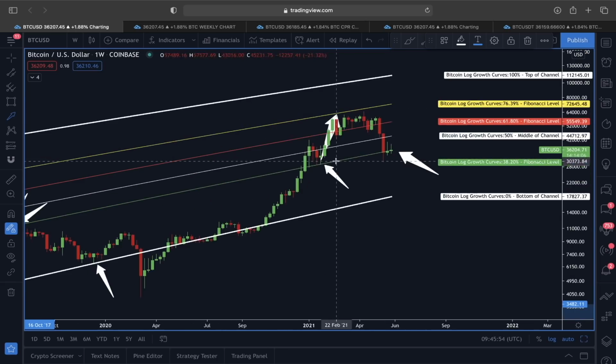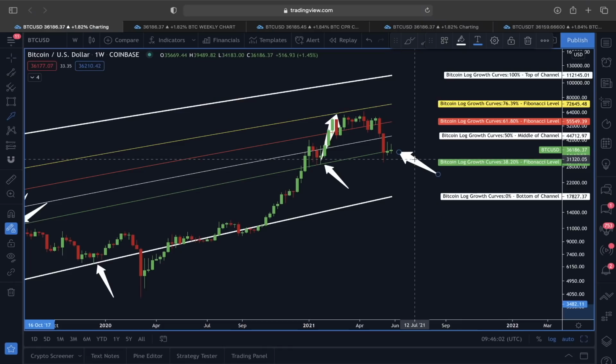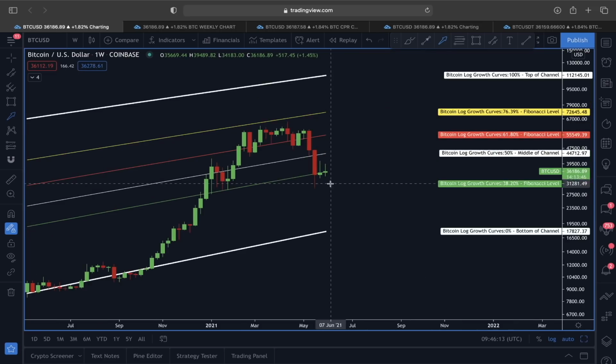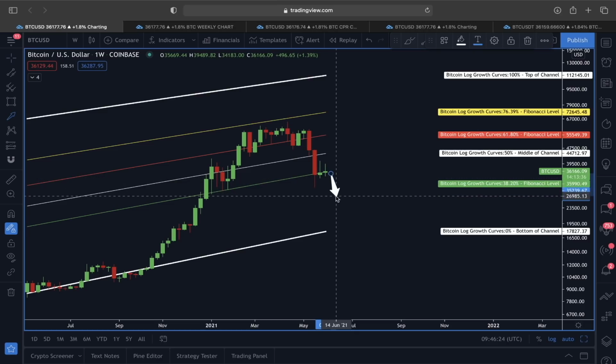But in our case right now, since the price here is heading to the downside, this green line 38.20 that is sitting around 36,000 price area is actually our very important line of support that we have to hold today. So we want this price of Bitcoin to at any cost stay above or close at least above this 36,000 price area. If this is not going to close above the 36,000, then we are going to focus towards the